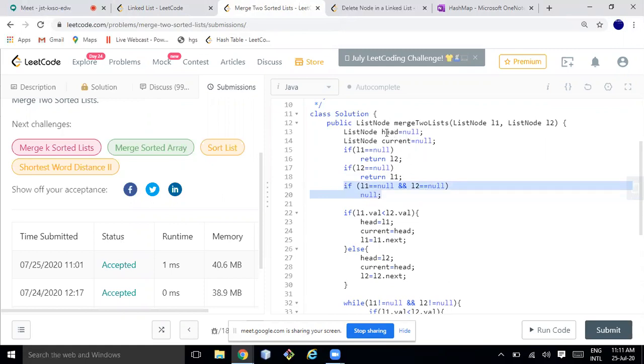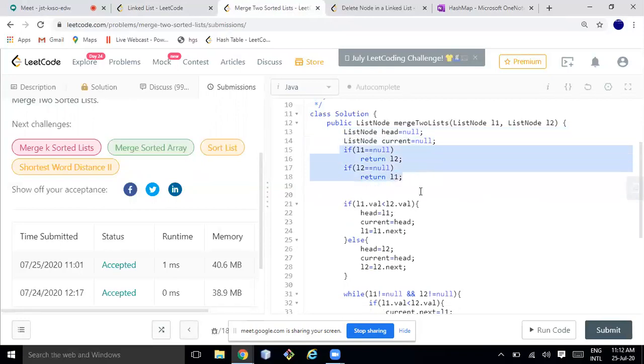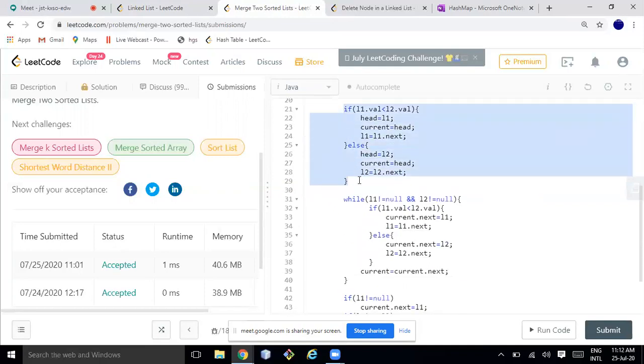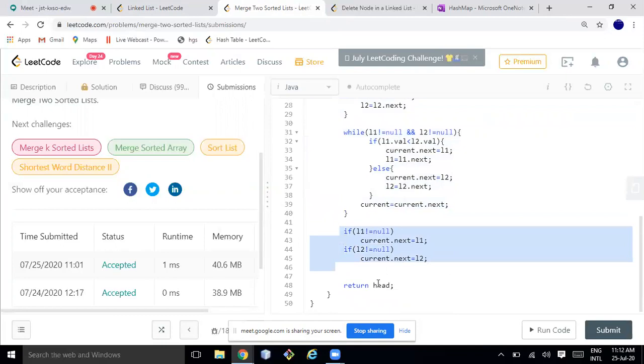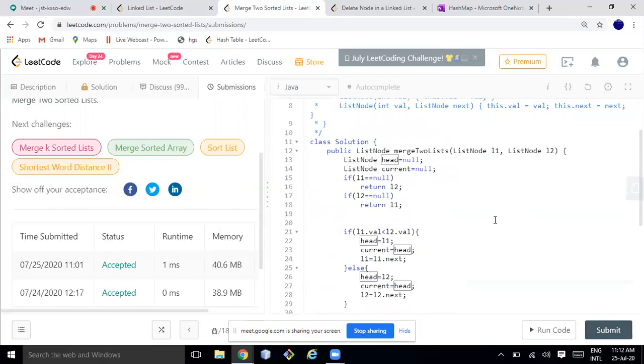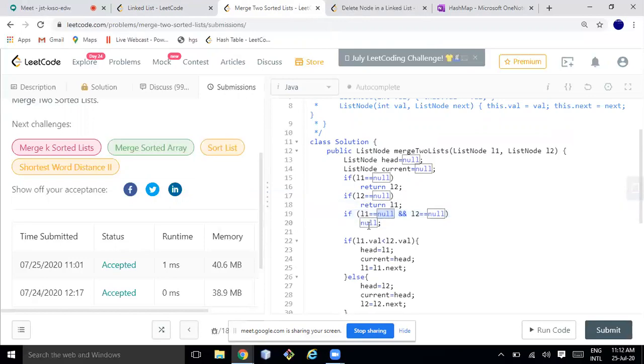The reason is if head and current both start with null, and it is not meeting any of the conditions, then this if else block will not be executed. This will not be executed because L1 itself is null and L2 is also null. This will also not be executed. So finally it will return head. But yeah, it may throw an error while L1 dot val and L2 dot val are executed if both are null. So better, I would say, we need to write it. That would be a better approach. If both are null, then return null.